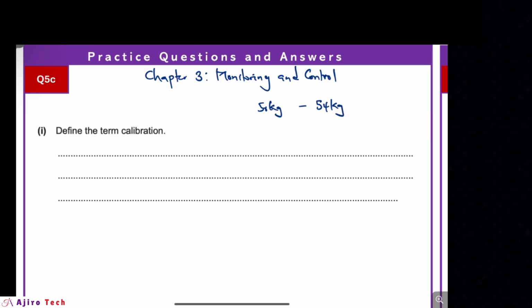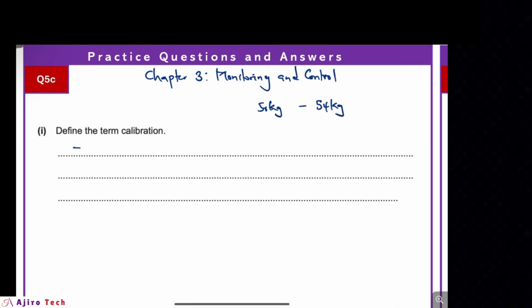You're not testing, you are adjusting the sensor to give you an accurate reading with known values. If you adjust it and it's giving you 20, you do it again, it gives you 20, you do it again, it gives you 20, then you can now test it on other ones. That's just what it means, as simple as that. Most of the time people are confused about the word calibration, and I feel that I need to explain that.